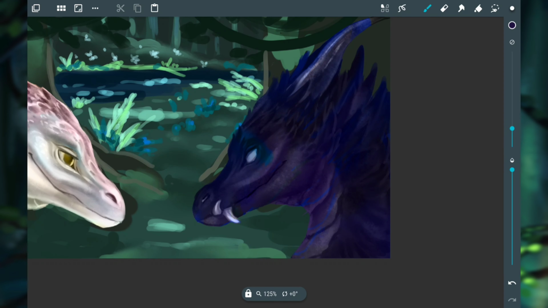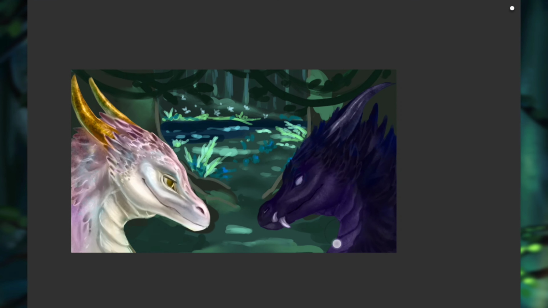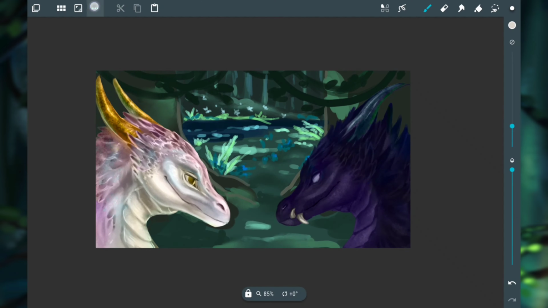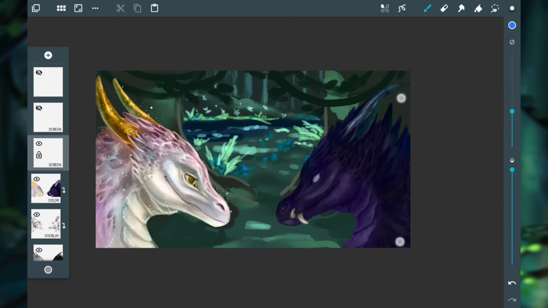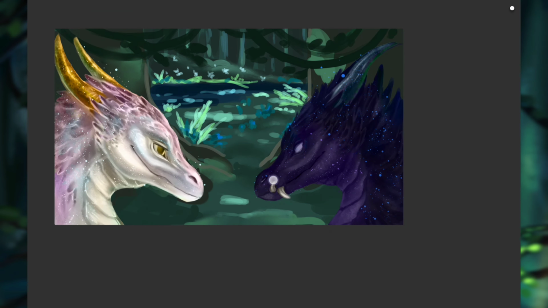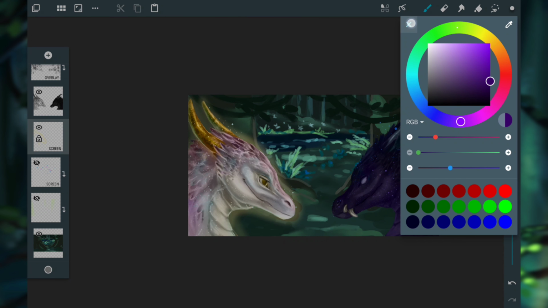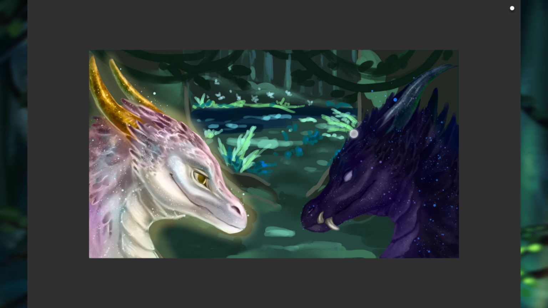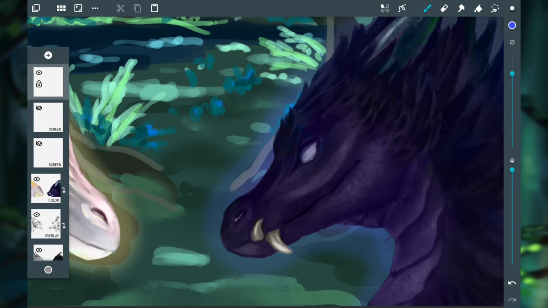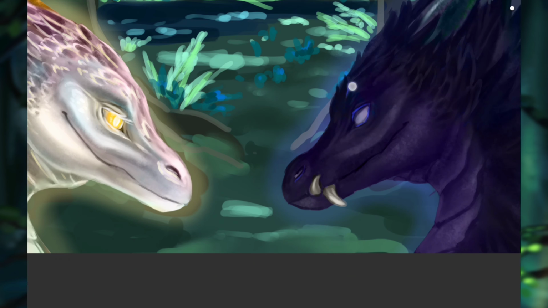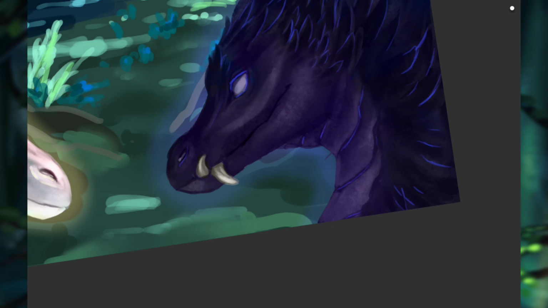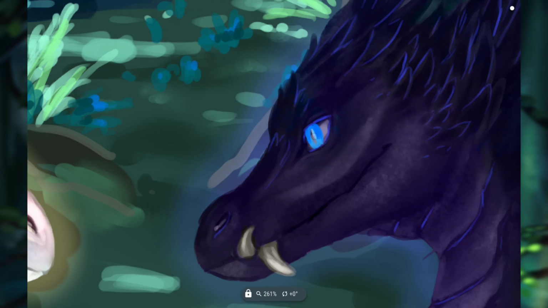So you see I'm just adding some texture on here, and then I turn the color layer back on and I just swish around all the color I had on there, and I add a little bit of silver to the horns and start to add the same details I added to the pale dragon. So I add the little stars, and I'll also be painting on the glowing eye, but I'll make the whites of the eye actually black for this one, because I want it to be sort of opposite. So I did decide in the end that its whites would be black, and I do a very highly saturated blue for in between the feathers and scales.